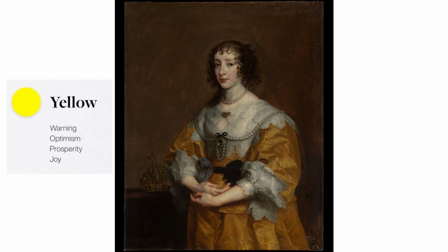The next feeling or emotion that yellow describes is prosperity. So, in a way, prosperity has a lot of definitions to it. I kind of look at it a little bit more like, yes, we see the rich part of it, we see the wealthy part of it, we see the success. We do see it mostly probably because this particular subject and figure is the queen. So that's a given, right? But it was great that the color matched the person very well,